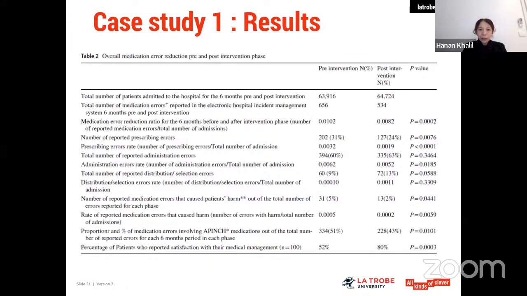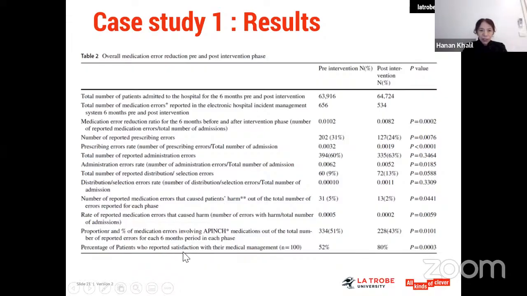The medication error reduction ratio was quite significant, as you can see from the numbers. The number of reported prescribing errors, again, was significant after the 2 initiatives that the pharmacists put together. The prescribing error rate, again, was lower because there were reminders to prescribers to make sure that they adhere to the guidelines. And there was also another reminder about the thromboprophylaxis. There were other measures regarding medication errors, but the ones that caused harm, not just the near misses.